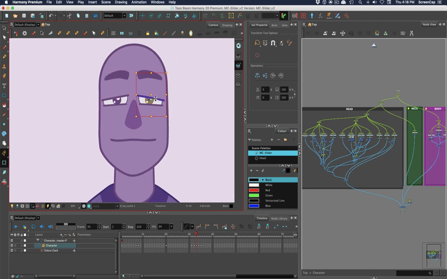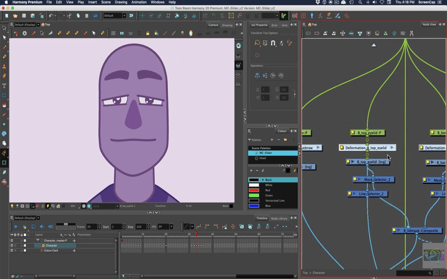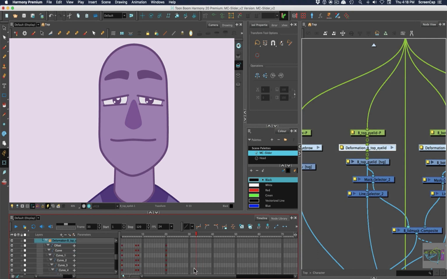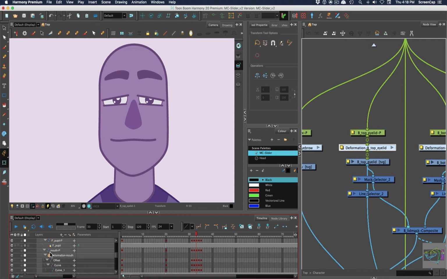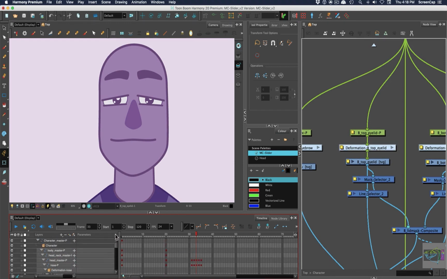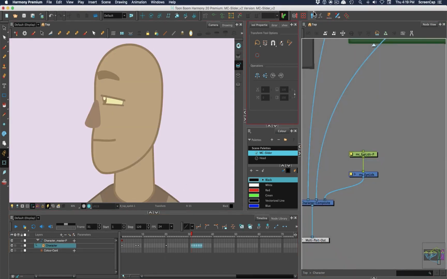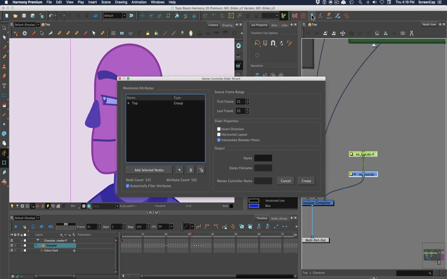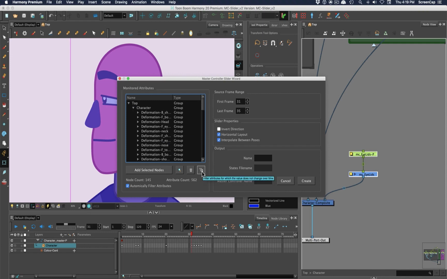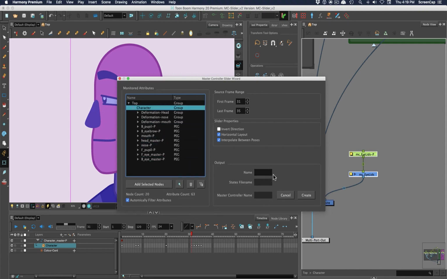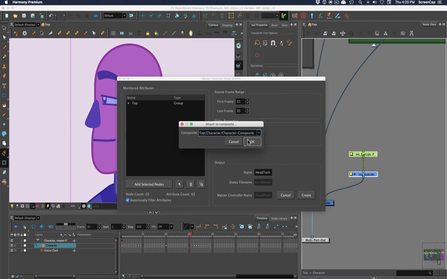I made sure not to put keyframes on the deformers on the eyelids because we don't want the head turn slider to conflict with the eyelid slider. It will try to blend the effects of different master controllers, but it's best to limit what a slider affects wherever possible. I'm just going to select that set of keyframes and go to the slider wizard. And we do want it horizontal this time. Then for the monitored attributes, I'm going to filter out everything except just the parts of the head. Then I'll give it a name, create, attach it to the character composite, save the script,